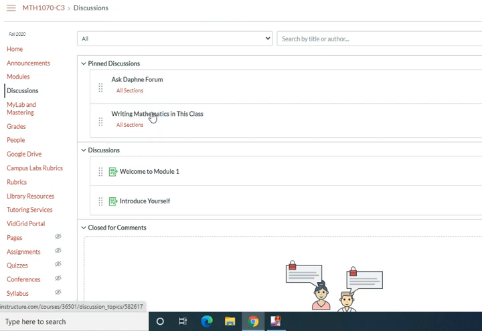Writing mathematics. You'll click on this and see how to write mathematics, both in the class and on your online homework that you're going to be handing in, the worked out homework. So check that out as soon as possible as well. Welcome to Module 1, click on that. And then for today, you're going to introduce yourself as well.